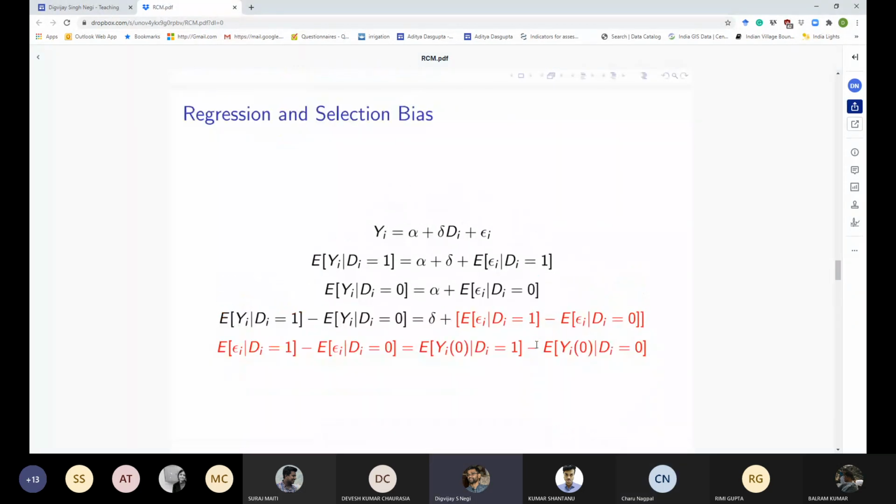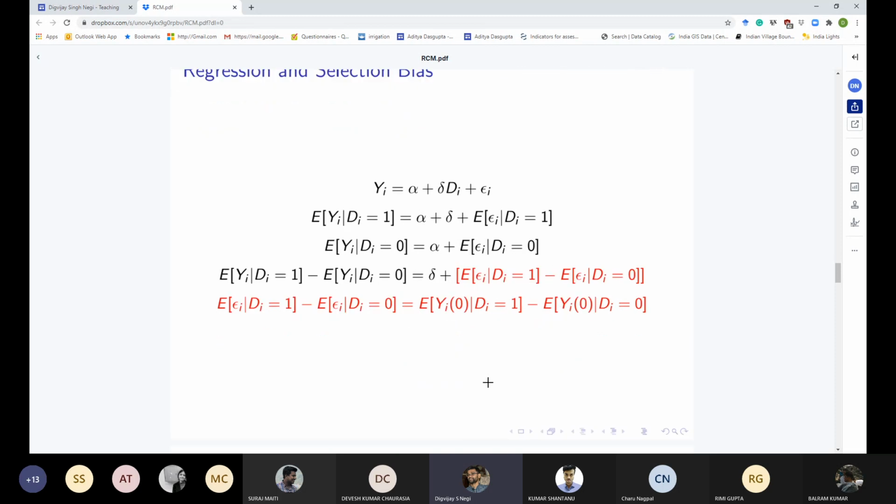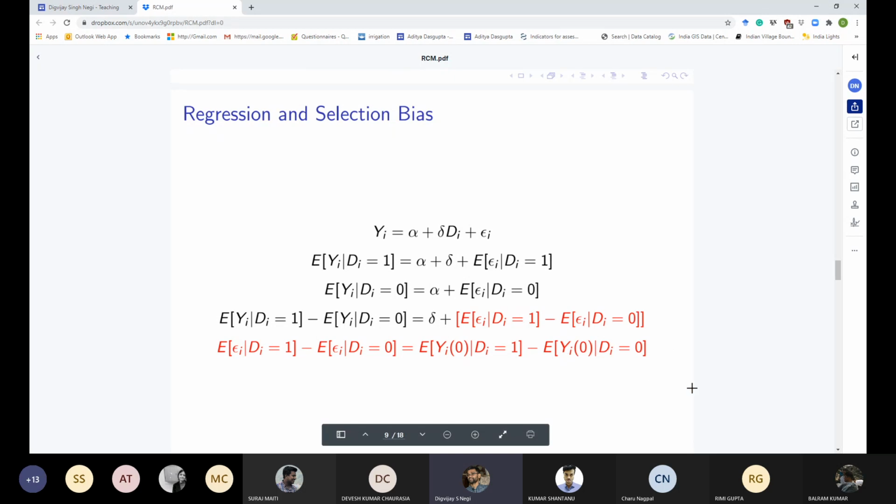So now, why did we go through this Rubin's causal model? What is the reason for us to talk about this structure? The reason is for us to characterize selection in a regression framework. How we generally run regressions, we don't compare averages. But how do we think of the ATT and the ATE in a regression framework? And how do we characterize the selection bias in a regression framework?